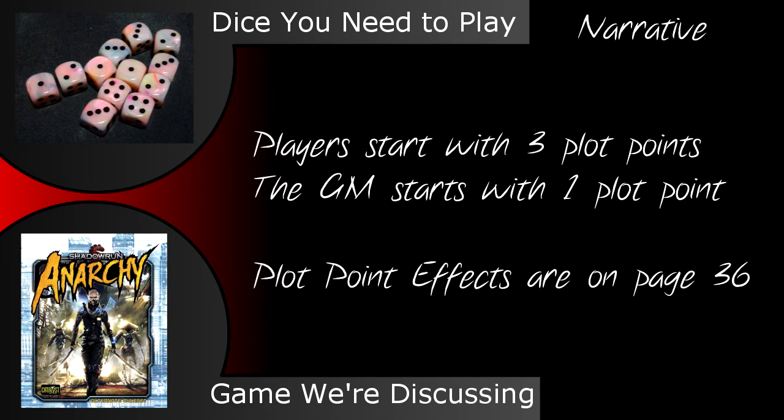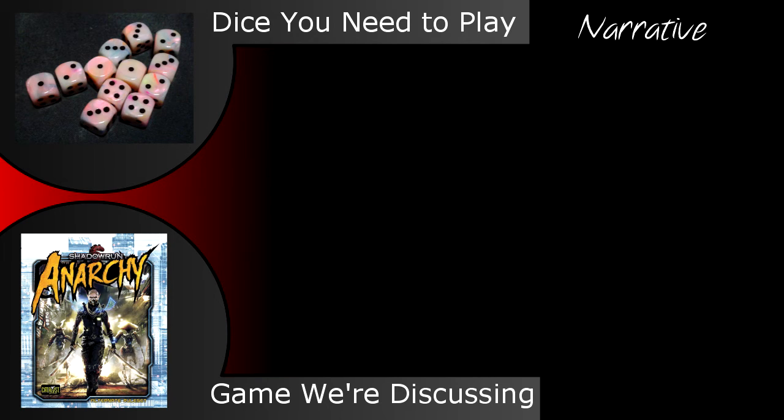Moving away from the character sheet though, there's also plot points. Each player starts the game with 3, while the GM starts with 1. Plot points are spent towards various effects, listed on page 36. Like many of the rules so far, I'm not going to cover all this, but the one I definitely want